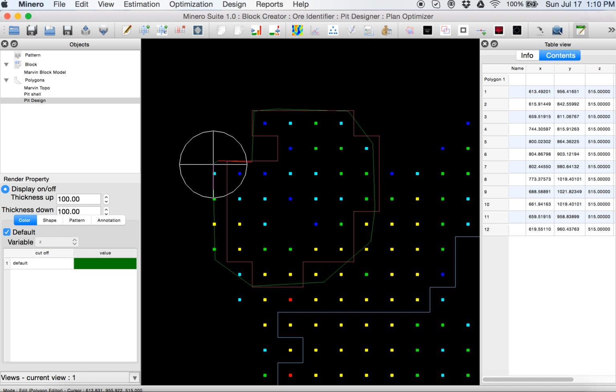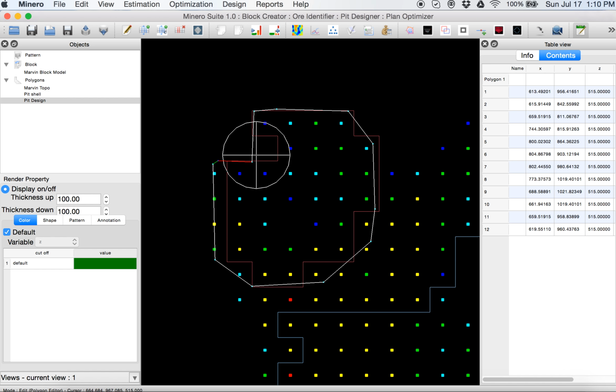I'm going to just edit this design also. I can always move and change directions. I can always edit this.